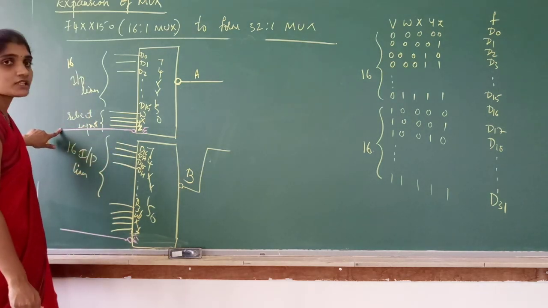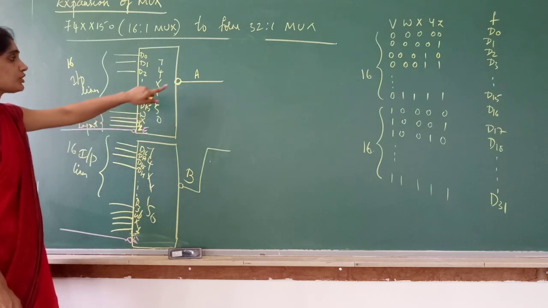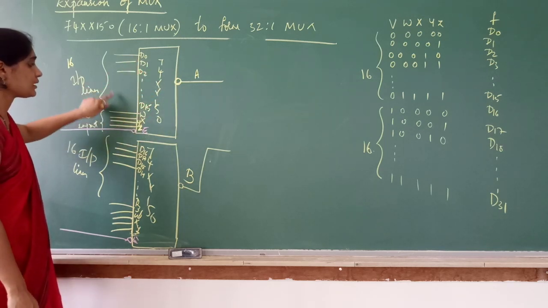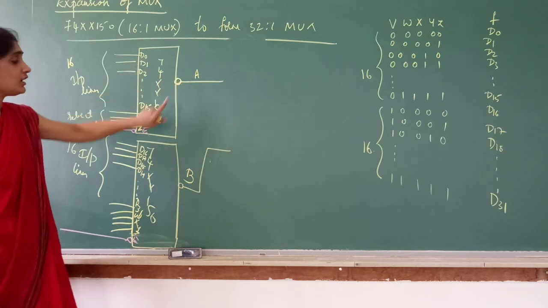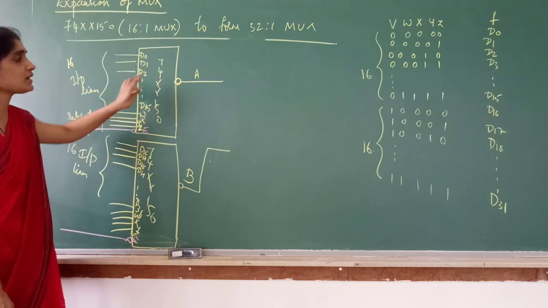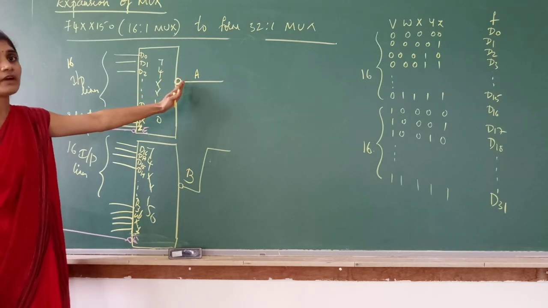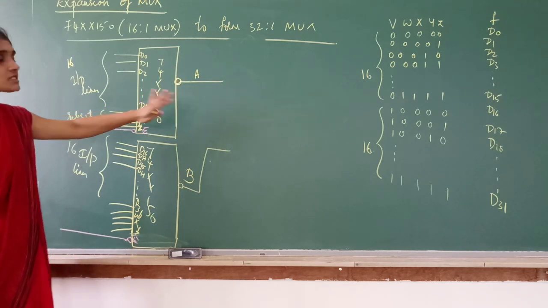When you connect this to logic 0, the mux will be active and it selects one out of n input lines, and the logic value of that input will be transferred to the output. Otherwise, if you give the enable input as 1, the output will be 1 because the output line is active low, right?